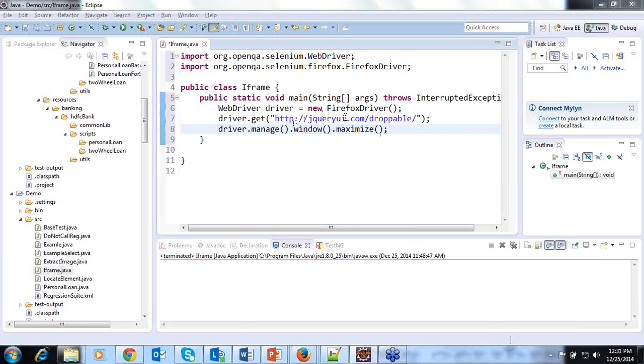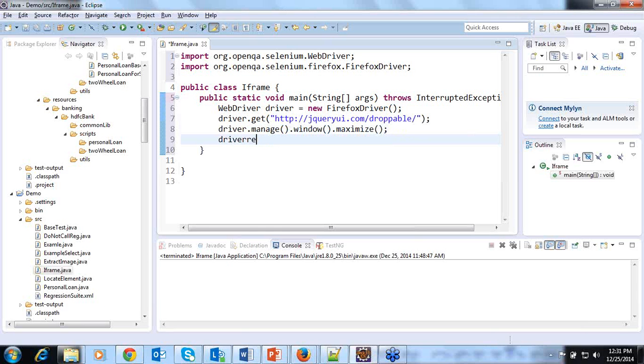Right now we have launched the browser, meaning we have scripted to launch the browser, navigate to the URL and maximize it. So we are on the same page. But if I want to work with any elements present in the table that I showed, first we have to switch to the frame. How to switch?